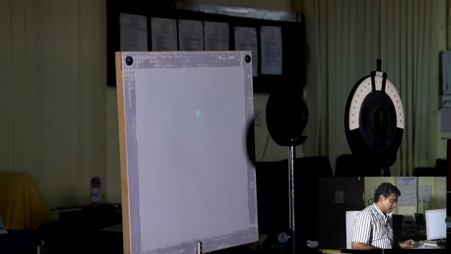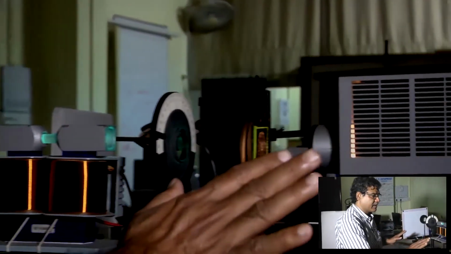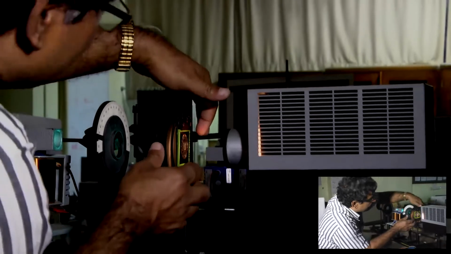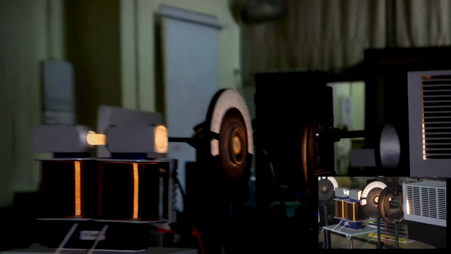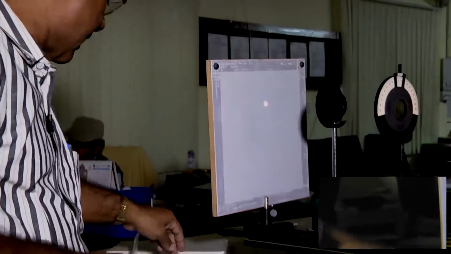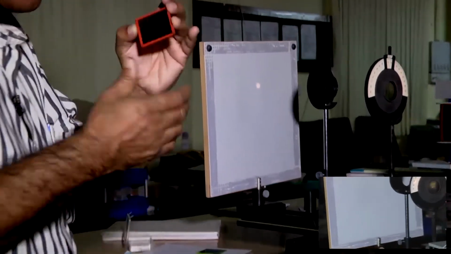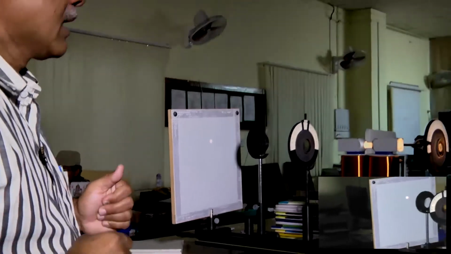Now, as I told you, I will show you how to change the filter. Let me disturb it. I will take out this filter. This is its wavelength, which one has to note down: 505 nanometer. Then you can use another filter and repeat the experiment; I am not going to do that. So for 5 filters, you can get 5 sets of data.